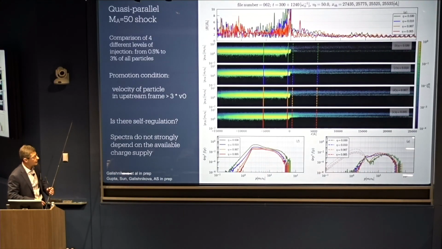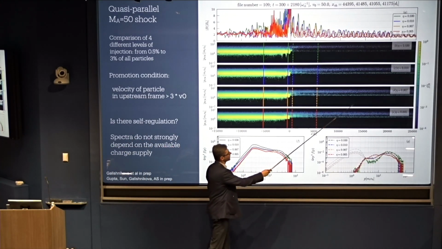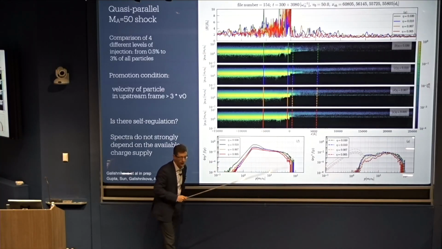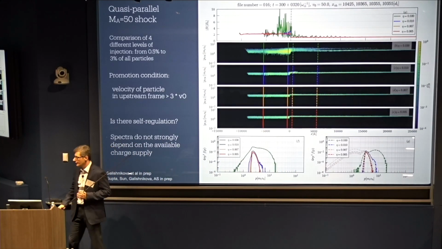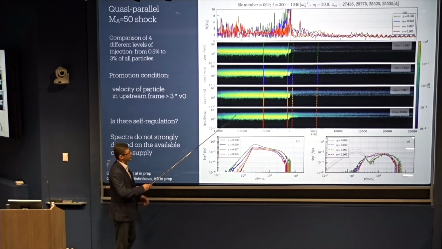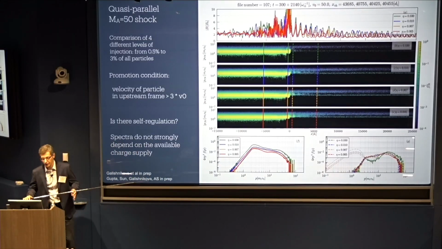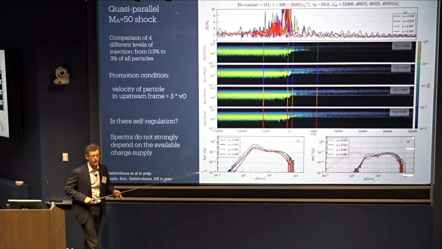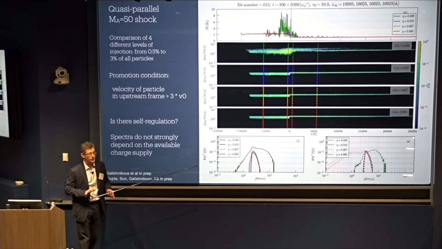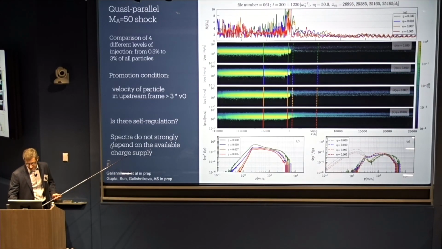What that magic value is, effectively, is it tries to control how much charge it's putting in front of the shock. If it's putting too much charge, the waves will grow stronger. They will trap more particles, and they will contain the injection. So it looks like for some range of parameters, these shocks are reaching self-regulation. They're trying to put in only as many particles as is required to maintain some kind of constraint. And that constraint is probably just how much charge it's trying to keep in front of the shock.